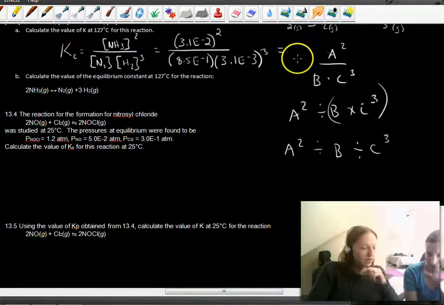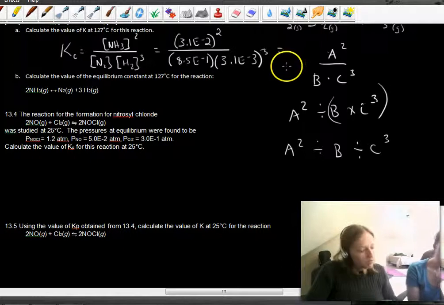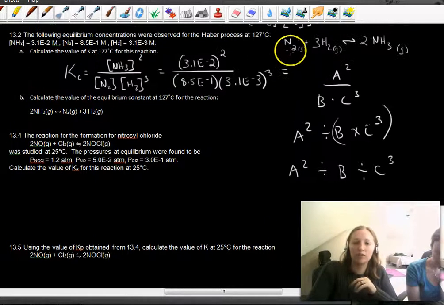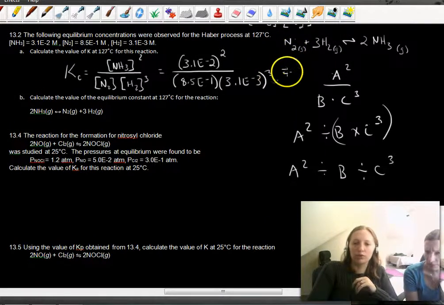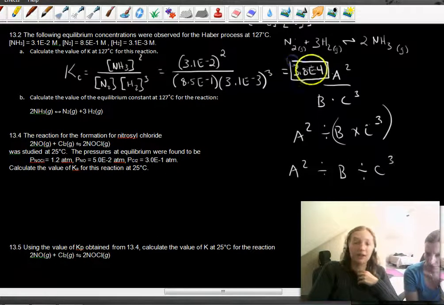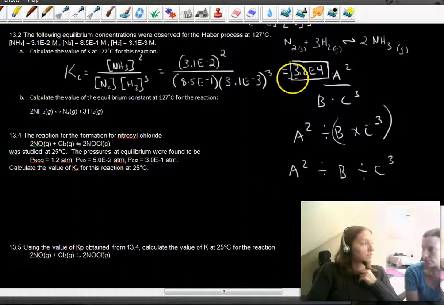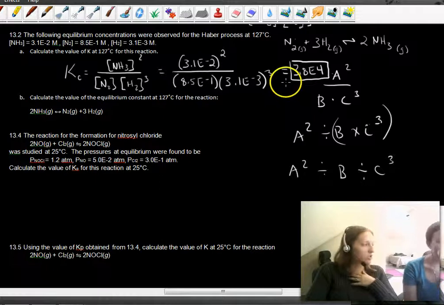So there you are. So you type that in, and I've already done this ahead of time, and so you get back out, I'm apparently moving the whole screen when I use my pen, 3.8 e to the fourth. And that is your answer. And what's interesting is that K does not have units. But it could have units. Yeah, but they kind of decided to bail on units, and they're like, we're just not going to deal with